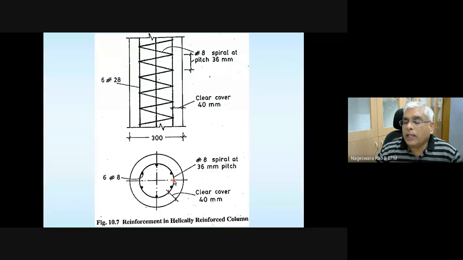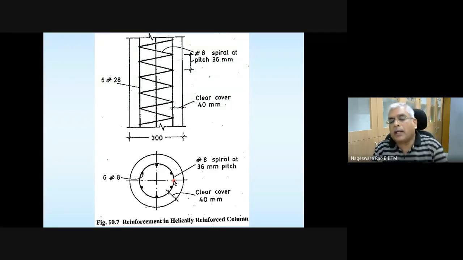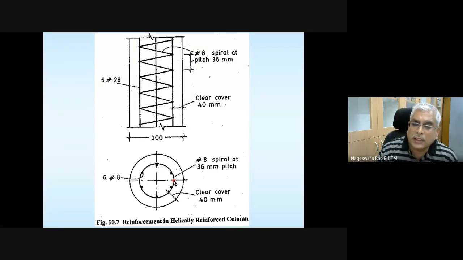So how are you going to get the midpoint of the helical reinforcement? The cross-section dimension is 300. 300 minus 40 mm on this side, 40 mm on this side, and the midpoint of this spiral reinforcement. The midpoint of this spiral reinforcement I'm going to get is half a diameter away from the outer surface of the spiral reinforcement. Half diameter on this side, half diameter on this side.